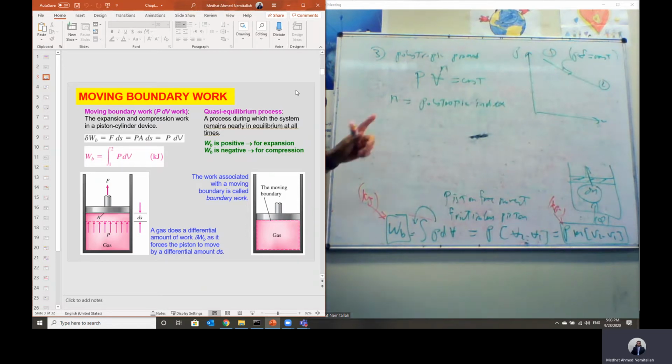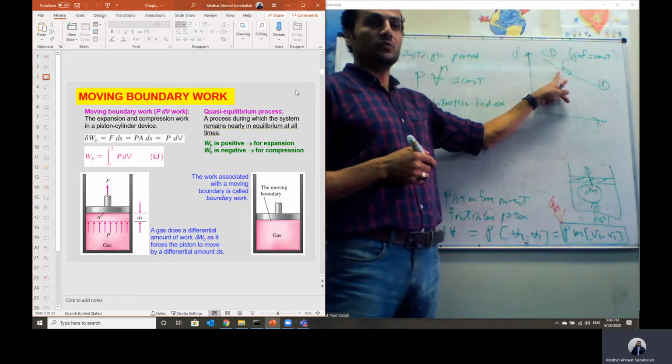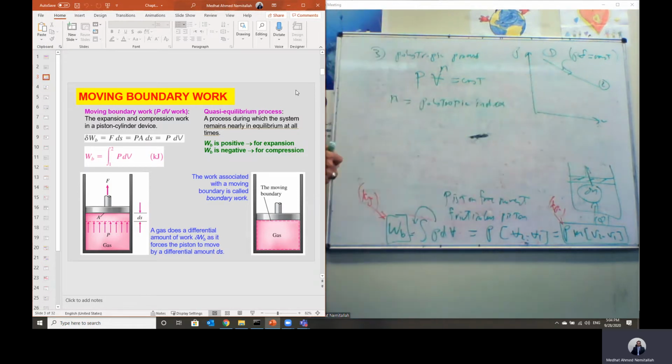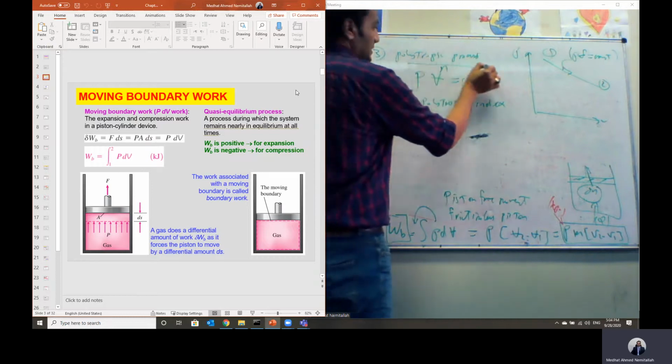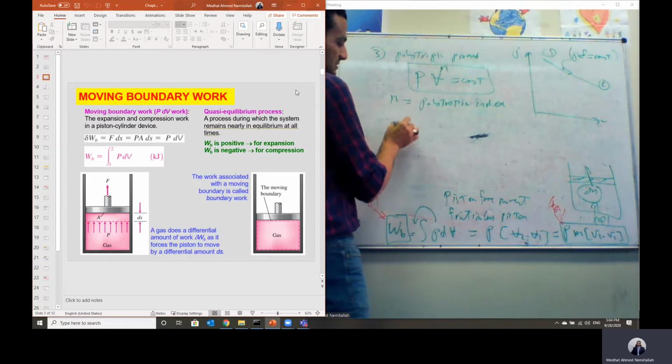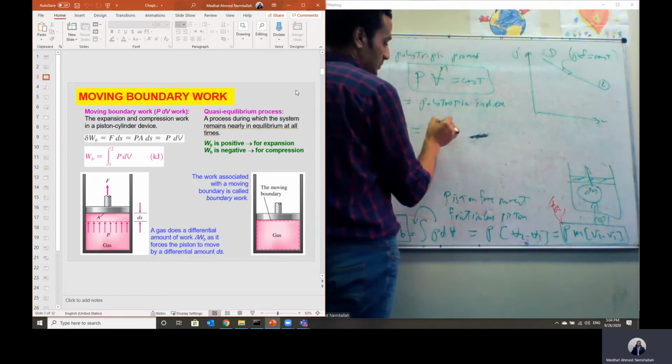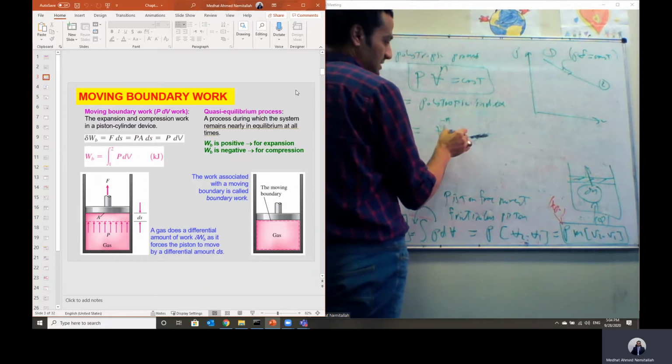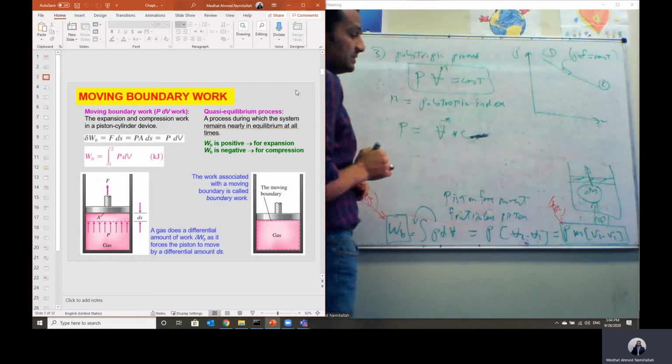Usually it is greater than 1. We call it the polytropic index for this relation. PV to the power n is constant means that PV to the power n is constant at any point from state 1 up to the final state, state number 2. Based on this relation, we can say the pressure will equal V to the power minus n multiplied by the constant